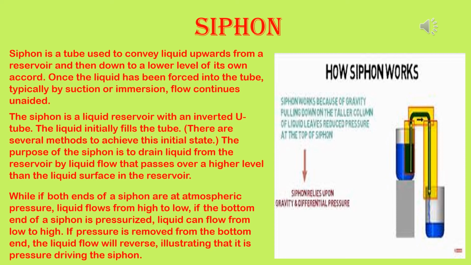So, conditions of working of a siphon. One, the liquid levels should be different so that liquid flows from the higher to the lower level. Second, the siphon acts under atmospheric pressure, so it will not work in vacuum. Number 3, the rate of flow of liquid will not change if the atmospheric pressure changes, because the pressure difference which controls the flow is (H2 minus H1) rho g. This expression doesn't contain atmospheric pressure.